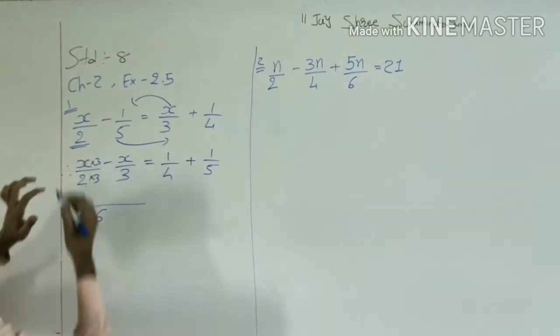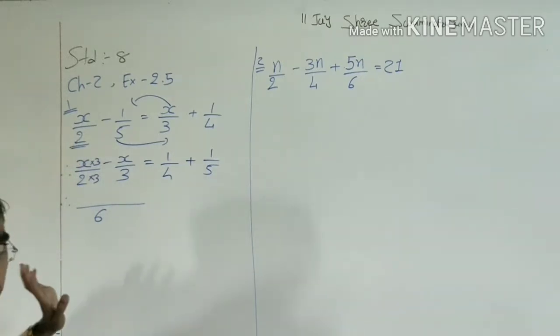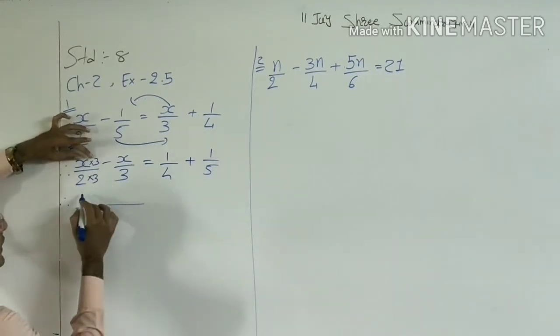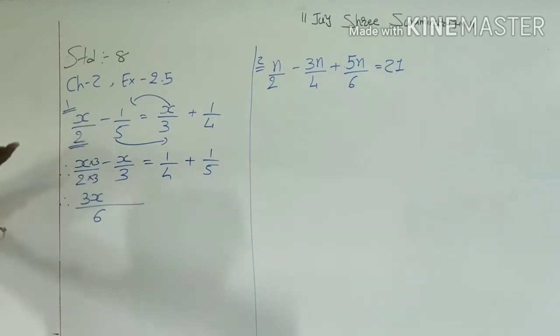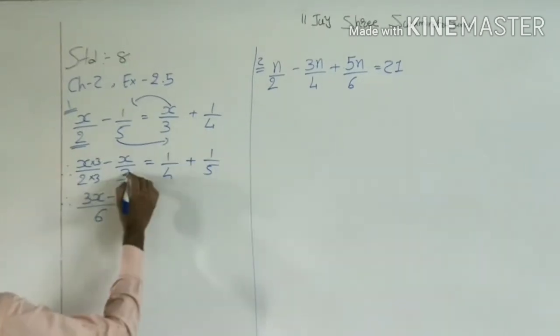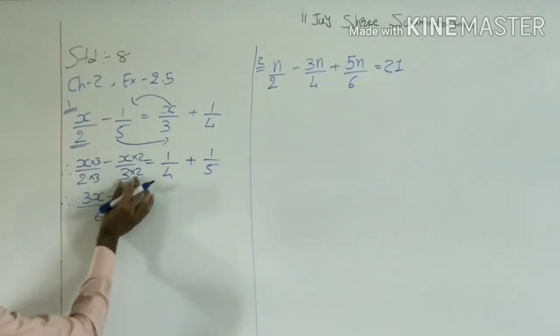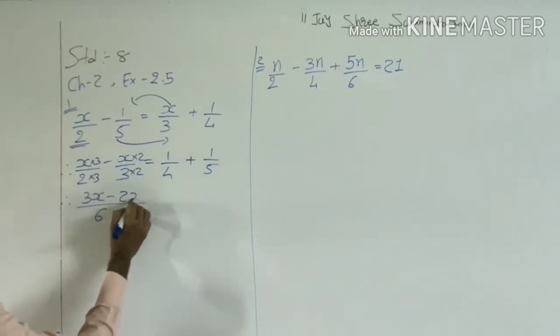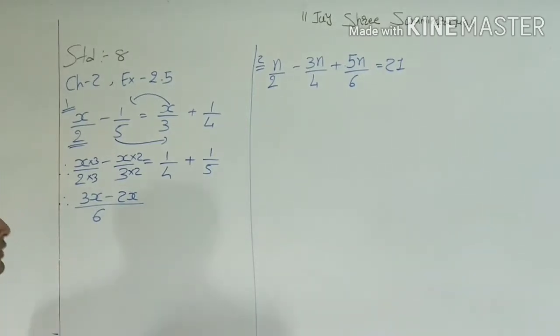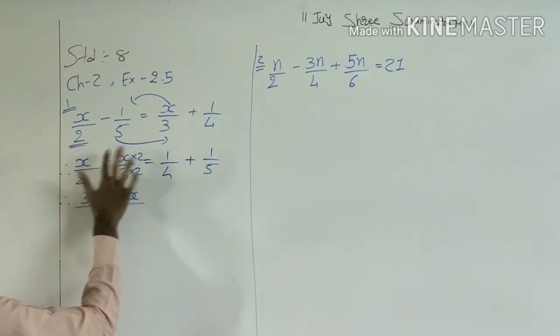Same thing we need to do in the numerator. Here we need to multiply with 3, so 3x, and denominator 6 is already present. The negative sign continues. Then here we have 3, but we want 6, so we need to multiply with 2. Same thing in the numerator, so 3 2s are 6 and in the numerator 2 multiply x, it is 2x. This is our rough work, that's why I have this.